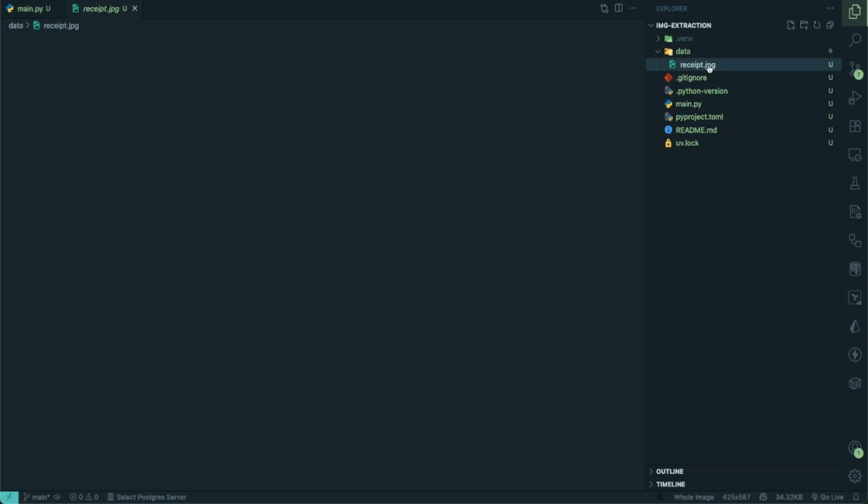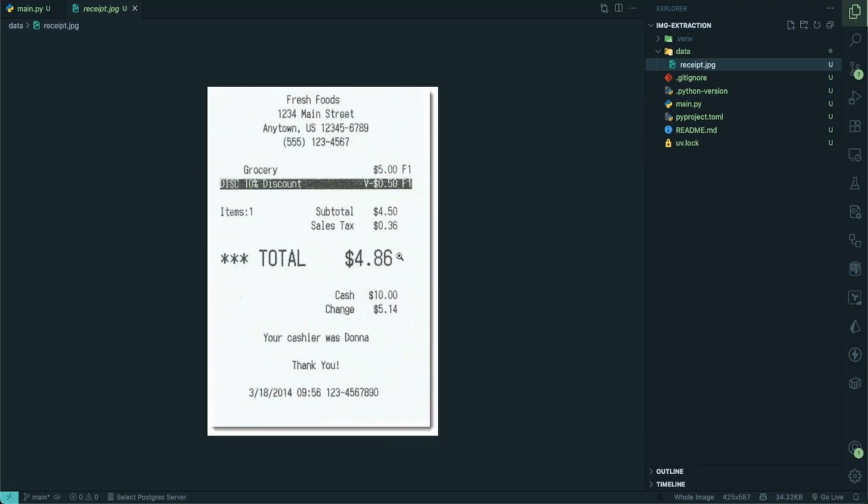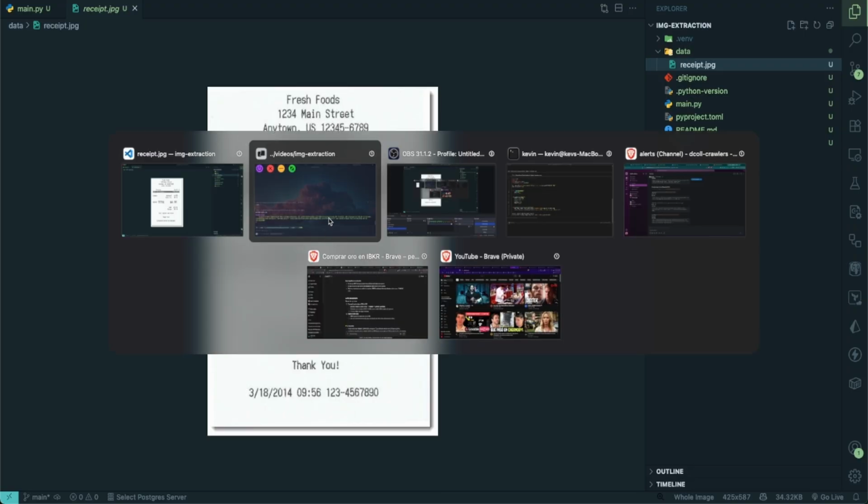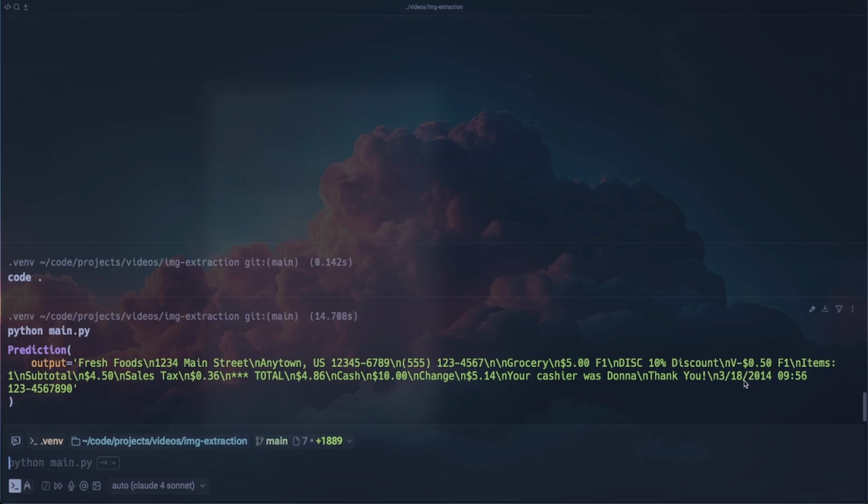And if we go to the receipt, we are able to see the result here. So it should be fresh food, 1, 2, 3, 4, main street, any town, grocery, discount, total, and so on and so forth. This is fine. Right now it's working fine. We have the data we need. But the thing is,